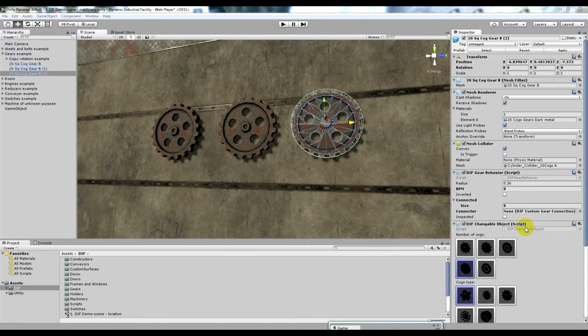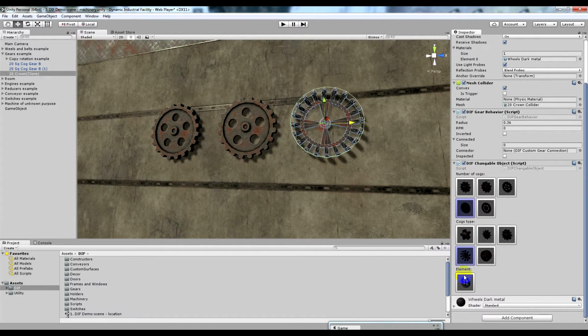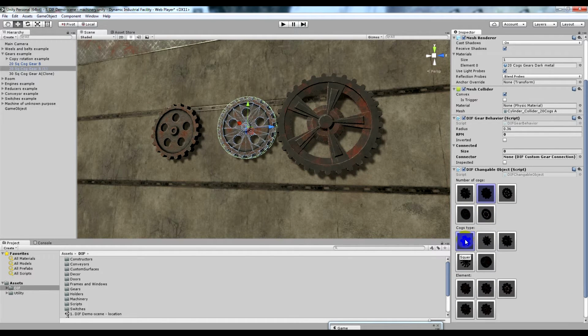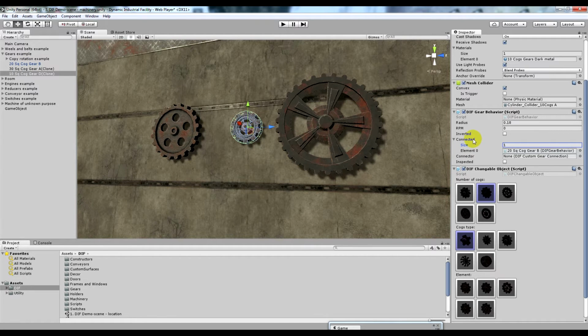To do that fast, I pick the number of cogs, cogs type, and the very gear. For this example I want, let's say, 30 square cogs and 10 square cogs. To connect them, I simply drag one of them to another's field connected, and gears will calculate their gear ratio